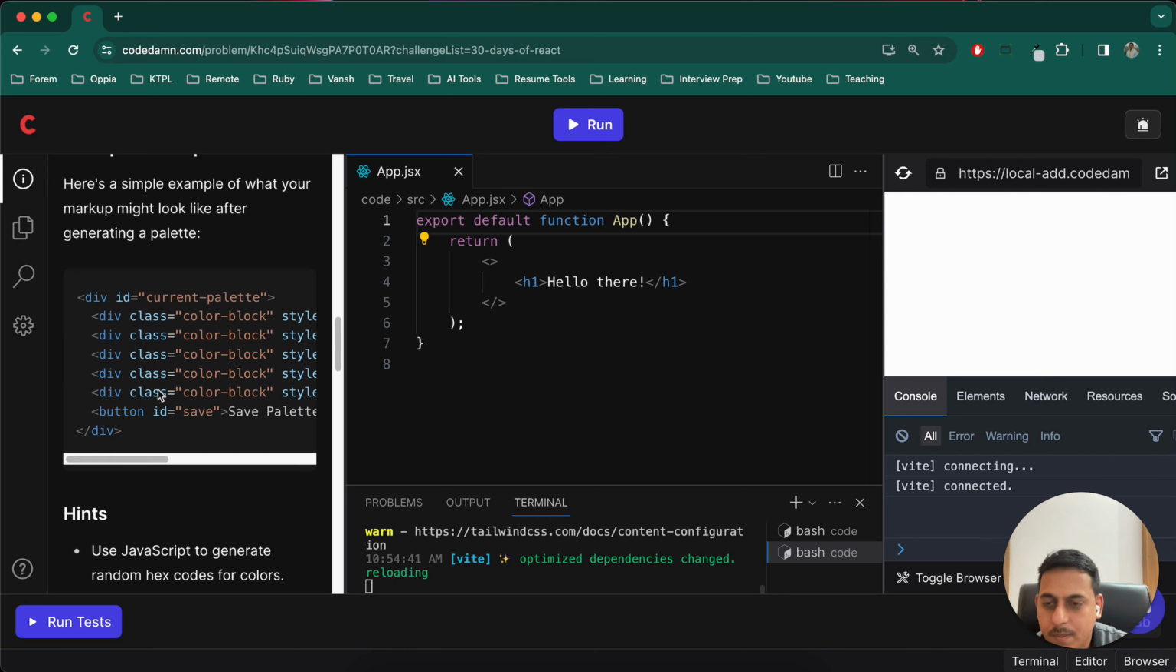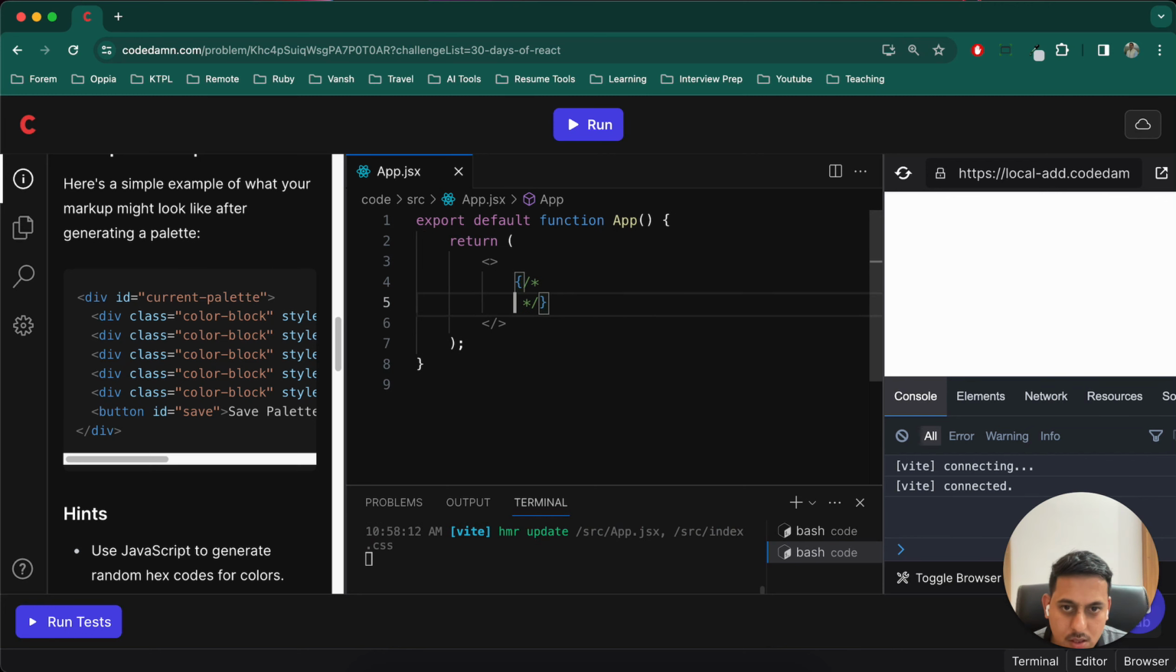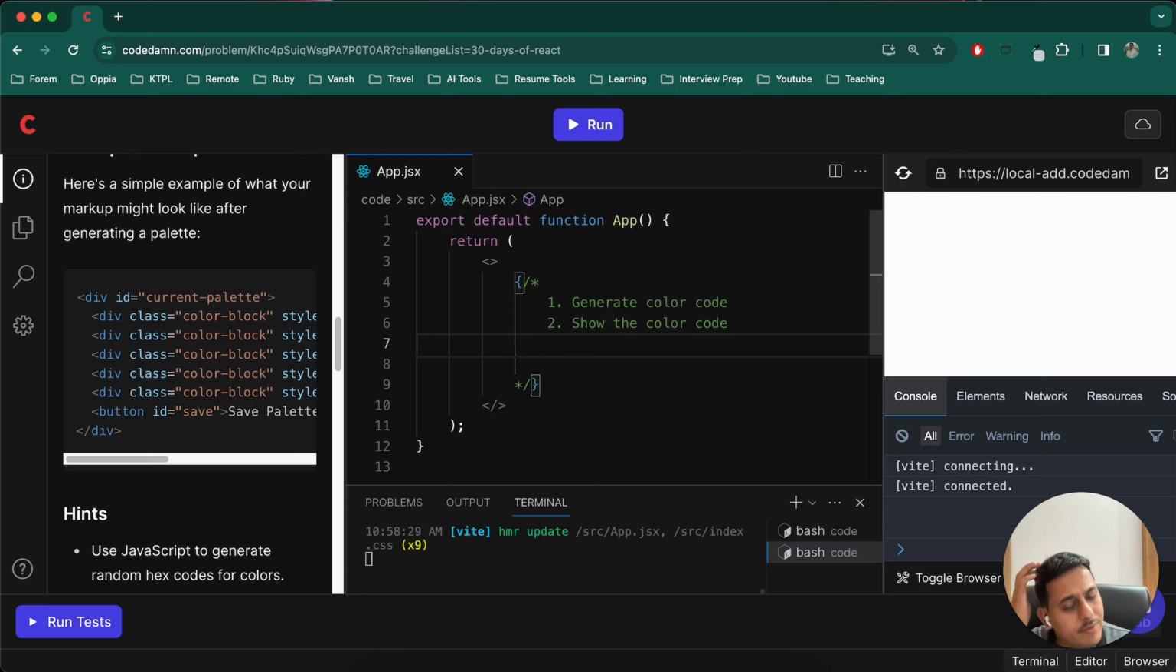What we'll do is, let me think this. Let me write a comment here. First, generate color code. That is the first thing that we'll do. By click on the generate button, we'll generate the color code. Second, show the color code. On third step, generate 5 color codes. On fourth step, show